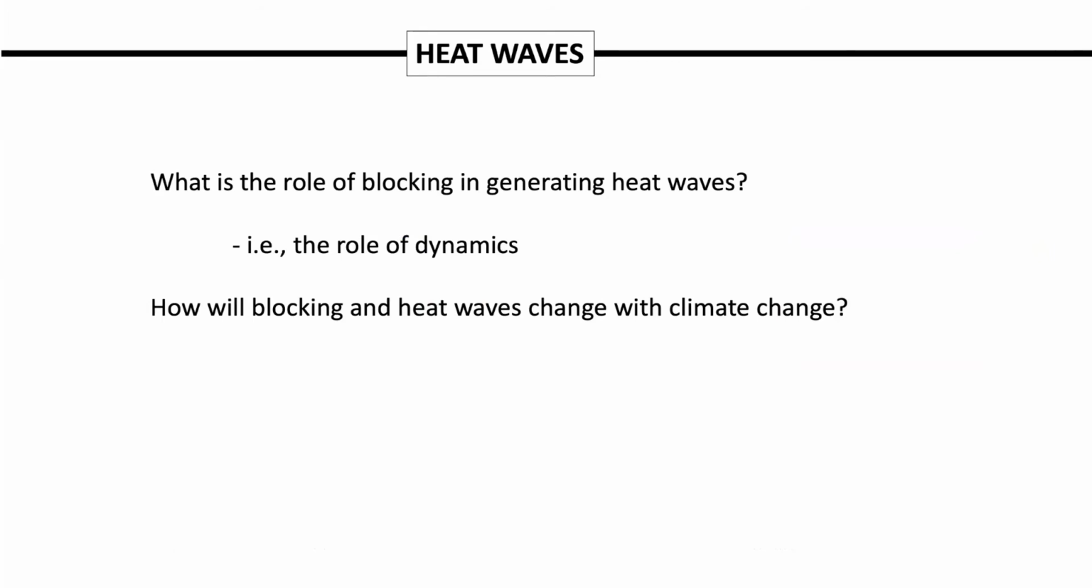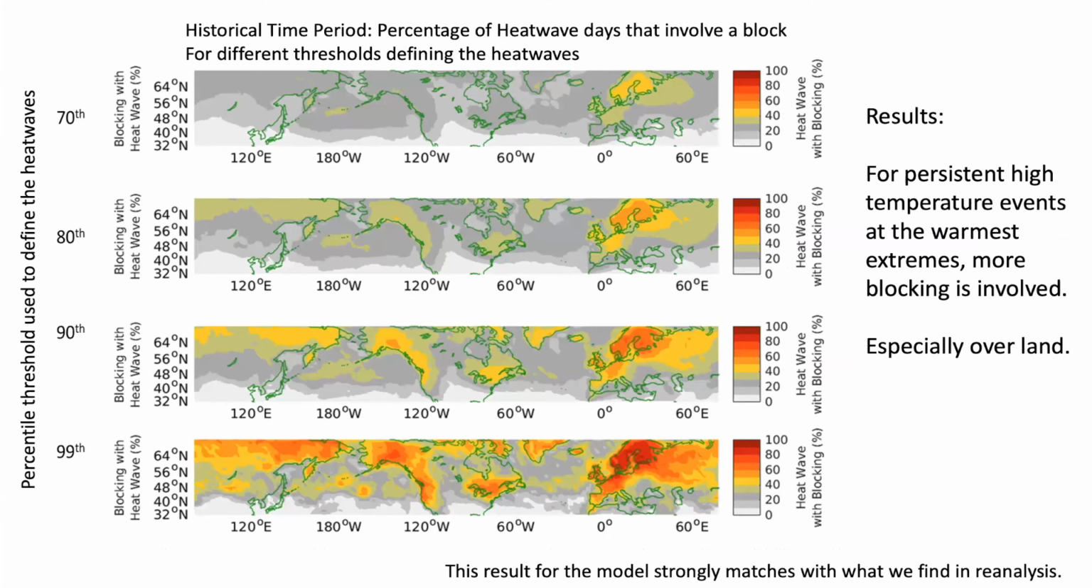Last little research question I'll discuss is, what's the role of blocking in generating heat waves, and how will blocking and heat waves change with climate change? All right, so this plot here is saying for time periods that we've already had, if we identify heat waves just as exceeding the 70th percentile at each location for temperature for a 3-day period, and then we say what percentage of the heat waves are associated with blocks, what we find is that there's some signal to it, but